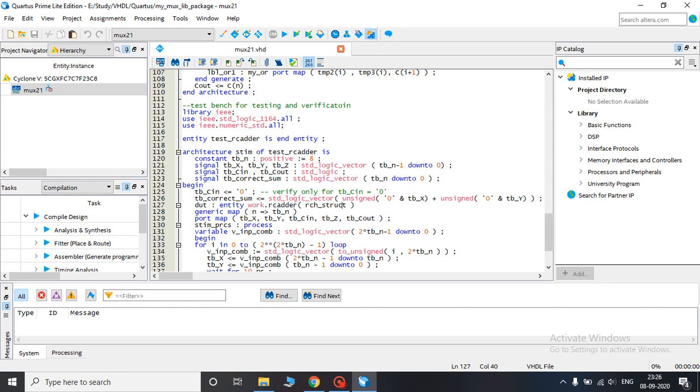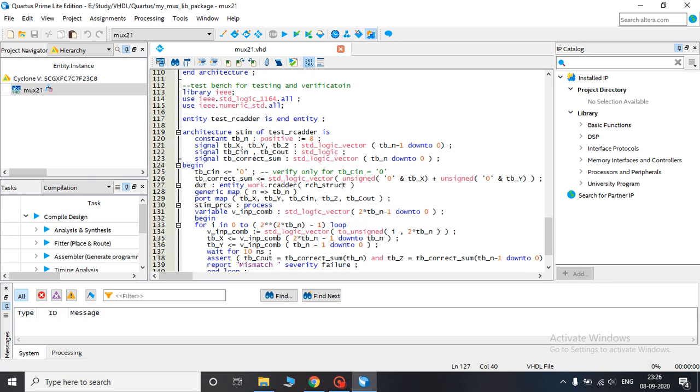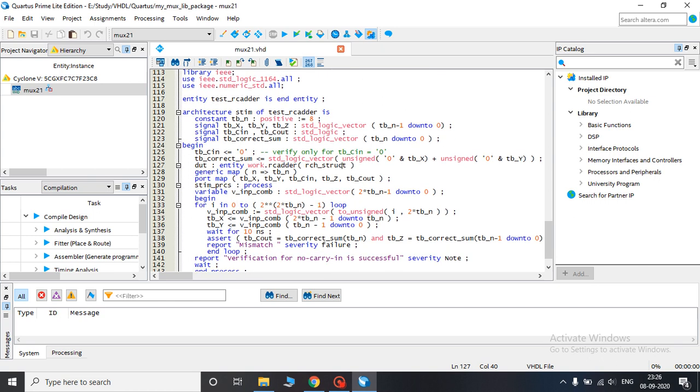Now we have to start a process, that is stim process. First of all we have defined a variable v input combination. This variable generates all the input combinations. So its length is 2 times tbn minus 1 down to 0. So it's just double the length of all the vectors here. There's a reason why this is doubled.